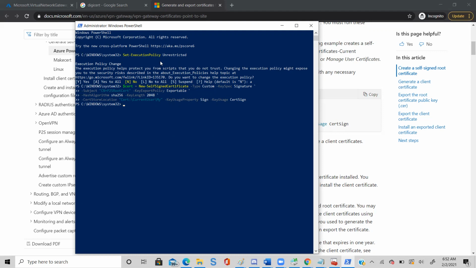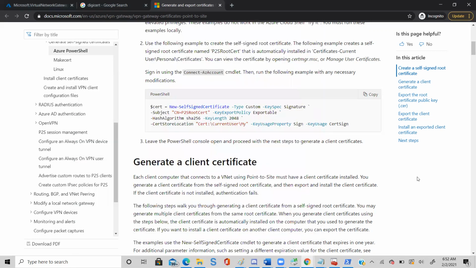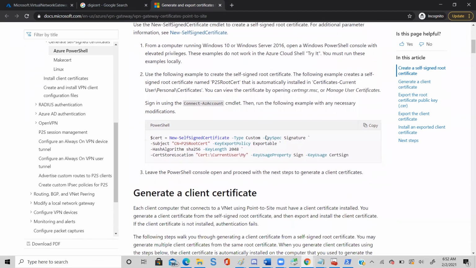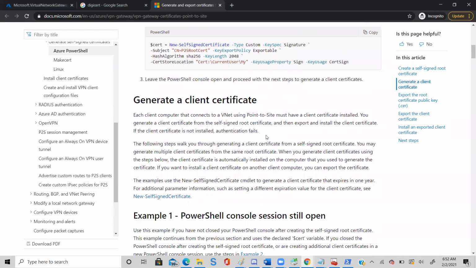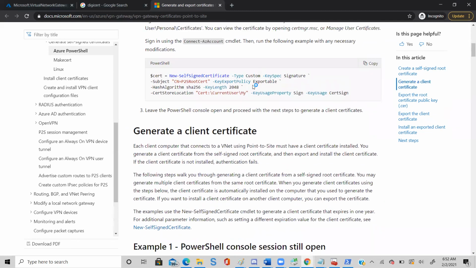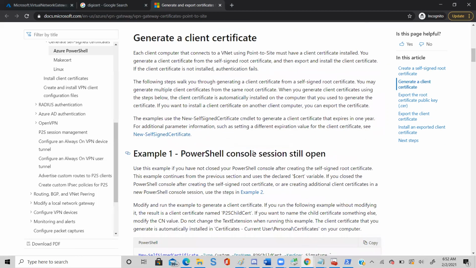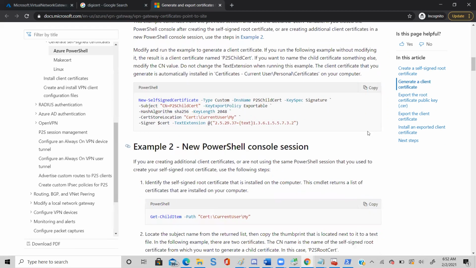All right. Go back to your Microsoft one. So we generated what? The server certificate. We call it a root certificate. Now we have to also generate the client certificate. So the root certificate I will upload on Azure and the client certificate should be in my laptop. So just copy this command. Go ahead and run it in PowerShell.